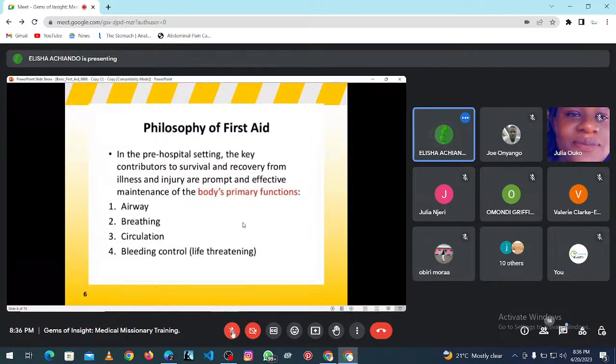And bleeding can be very life-threatening, by the way, because if you bleed profusely and you are losing a lot of blood, you can easily die. You all know about it. Though bleeding is part of circulation, in number 4, just replace it with D, which represents danger. So as a first aider, make sure wherever you are doing your first aid, you are not endangered. You are safe. That is the whole thing.